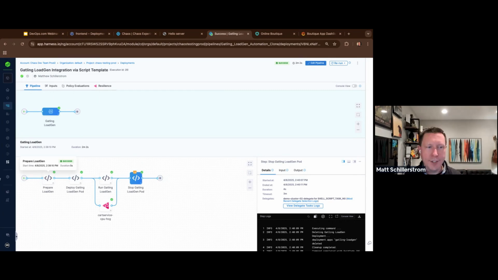So you could imagine, as a DevOps or QA engineer, right? We had a new bit of code, and now we just deployed this application and ran this test with load testing, right? I'm not going into the load testing tool and all these other tools. I'm running that orchestration through one tool. I can do it through the UI or API, no worries there at all. But then I can do that for every deployment. And you can do this in QA or dev or lower environments as well. You don't have to do it in production, but you can for sure.